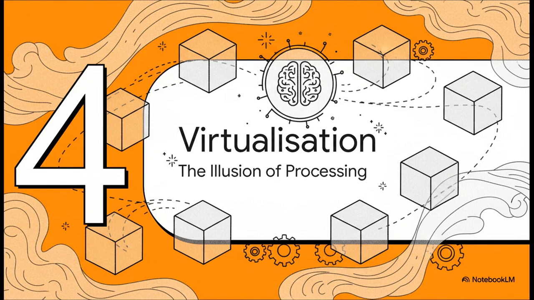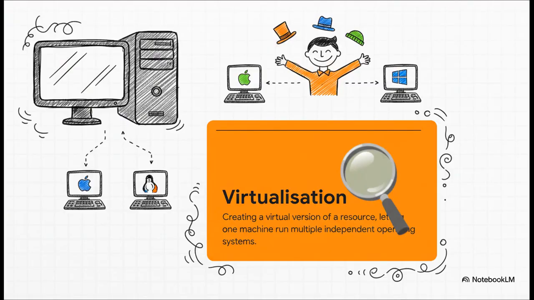Okay, time for our final concept: virtualization. Now, this one's a little bit different. It's not really a processing method in the same way as the others. It's more like a clever magic trick that lets us use our computer hardware way more efficiently. To put it really simply, virtualization is all about making one big, powerful computer pretend that it's actually a bunch of separate, smaller computers. Just think of a single talented actor who can play 10 completely different characters, and you